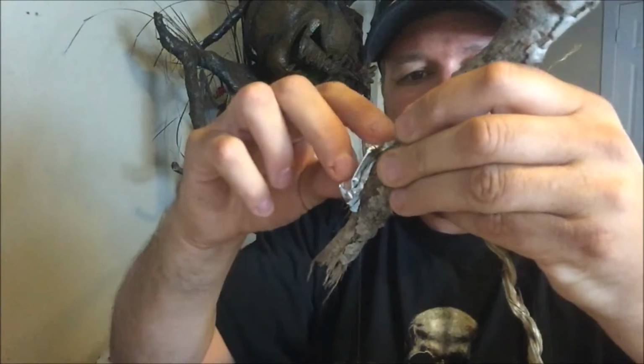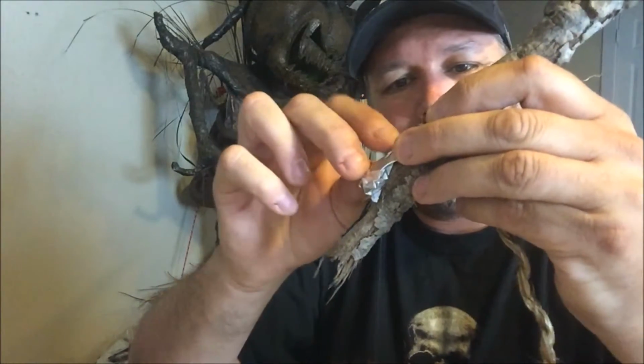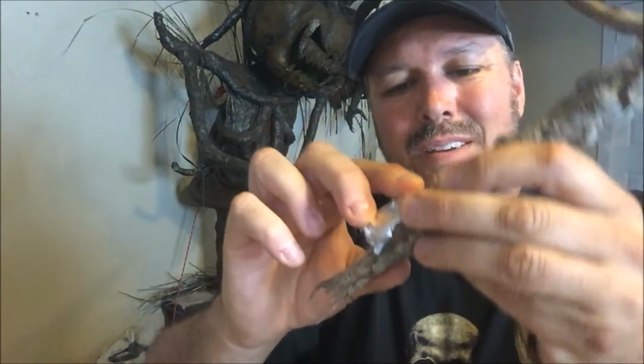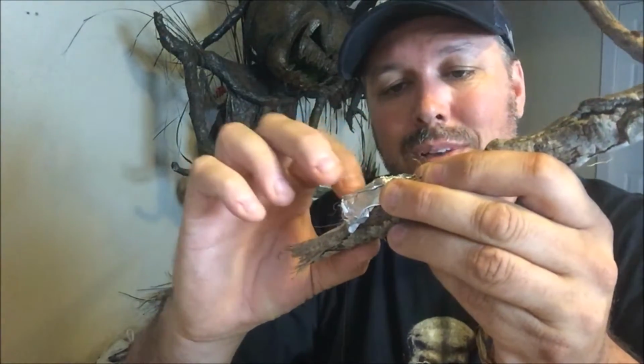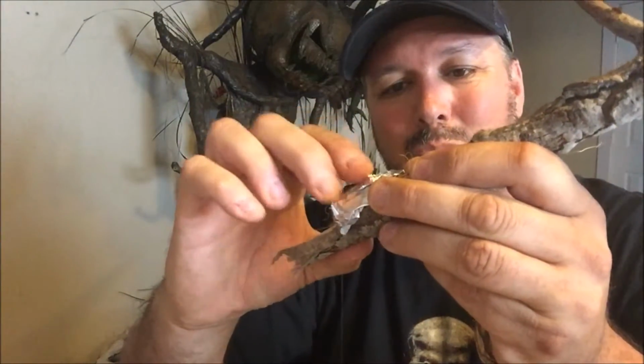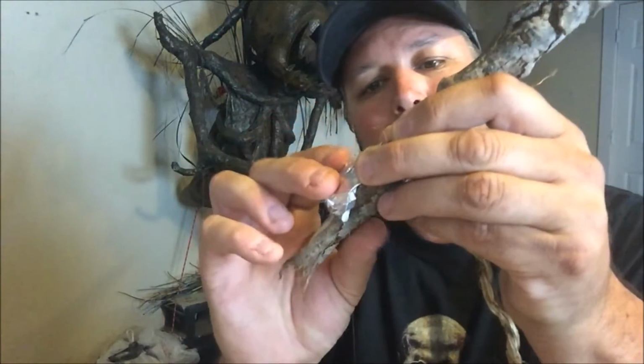And you don't have to do this. I'm just doing it to get the glue to stay on there. It's hot. So we're just going to let that dry on there. Or dry, I say cool. Hot glue does not dry. It cools, of course. Okay, so